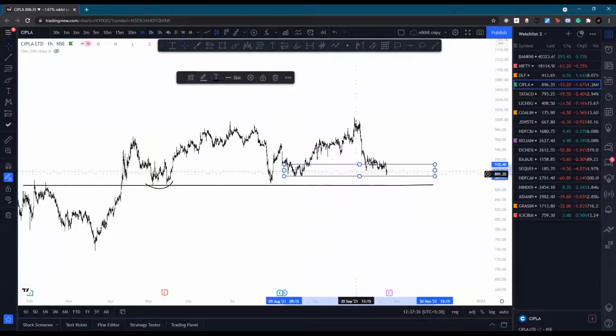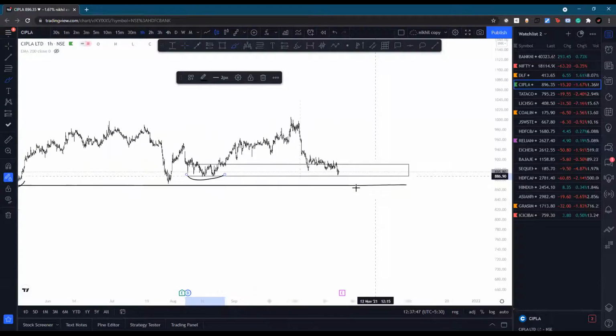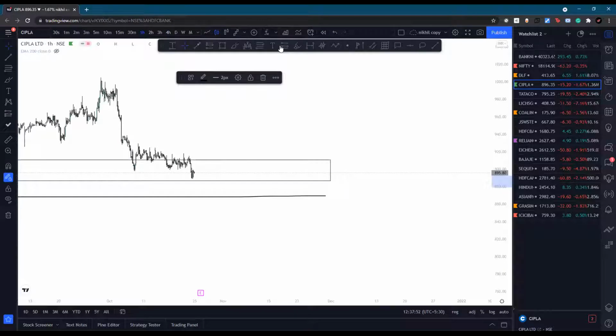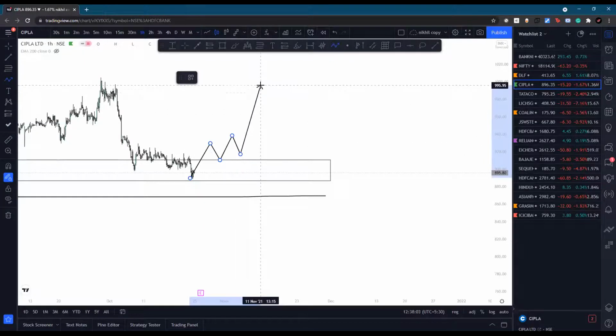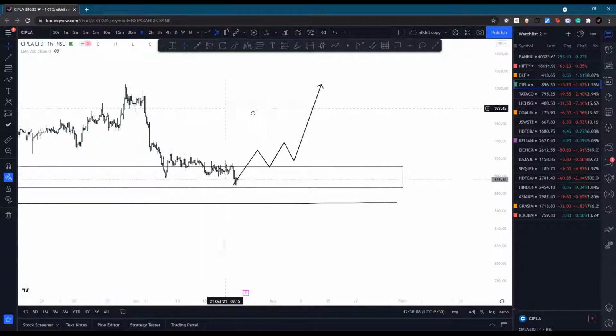So even though we have tapped to that demand area, on a smaller time frame, on a 1 hour chart, we have to take out this liquidity. Okay, after taking out that liquidity, then it's easy to take entries. Wait for a break of structure, retest. If you want to take an entry here, we can take an entry here, or wait for another break of structure, order block level, and then go long. This entire imbalance move can be our target.